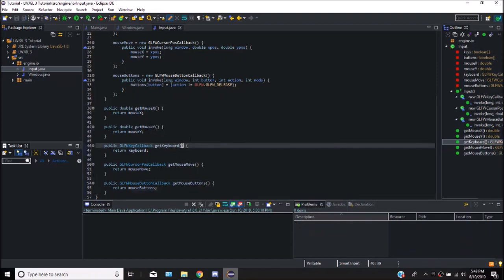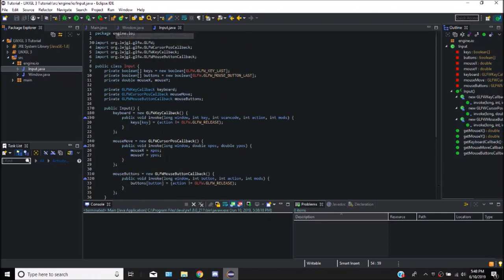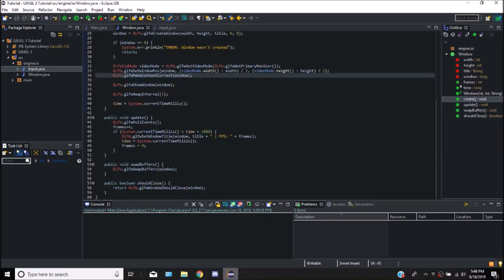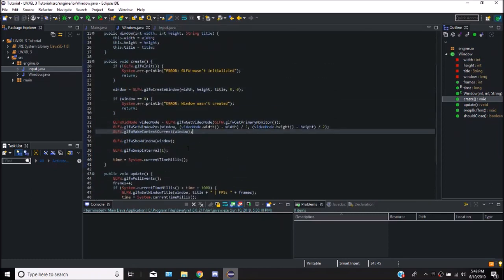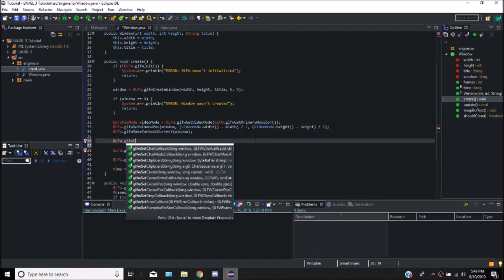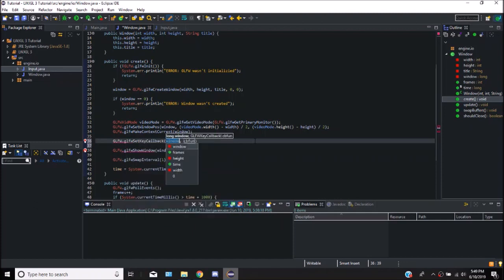So I'm just going to say callback after this, so it'll be more specific, and then copy that, paste. Alright, so now with that, we can just say in our window, to actually add the callbacks to the window. So after we make the context current, we need to say glfw set key callback, the window, and then the callback function, which is going to be new input,